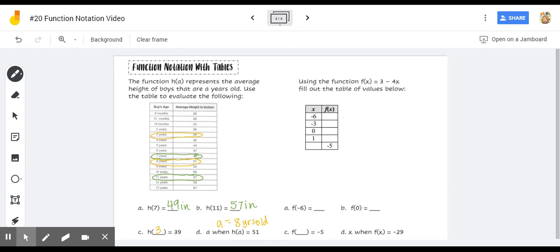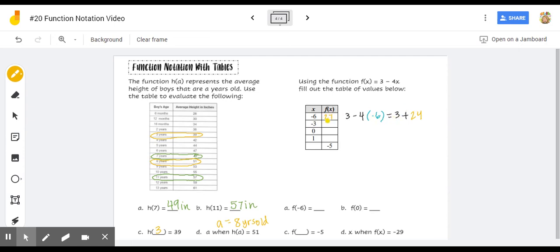Off to the side here, we'll use 3 minus 4, and in place of x, we are going to put -6. So we use -6 as our input, and now we use our order of operations. So instead of subtracting, we're going to multiply first. Multiplying -4 times -6 gives us a positive 24,